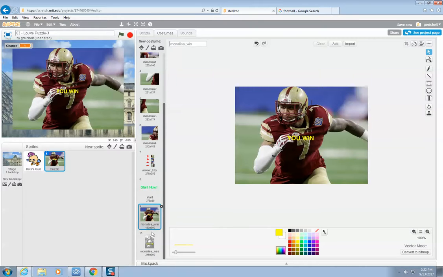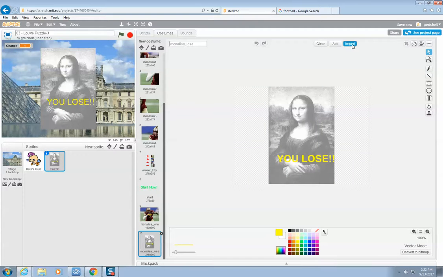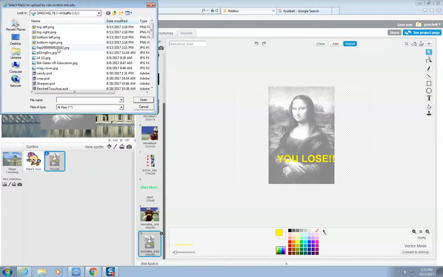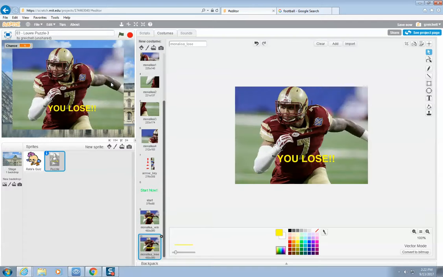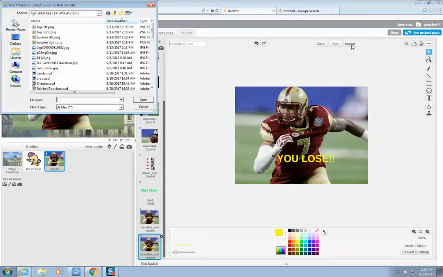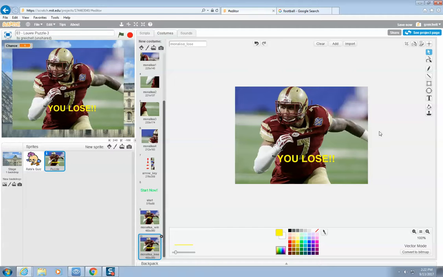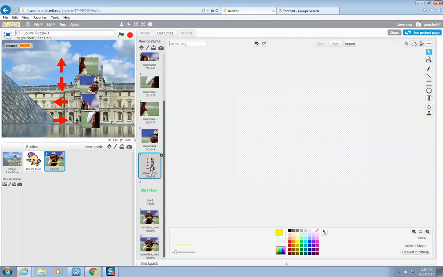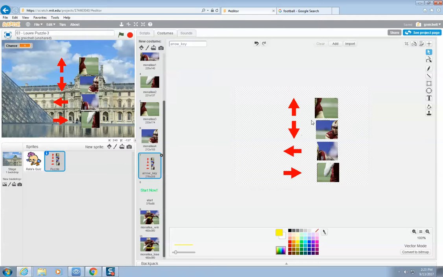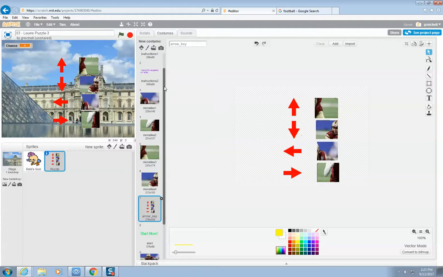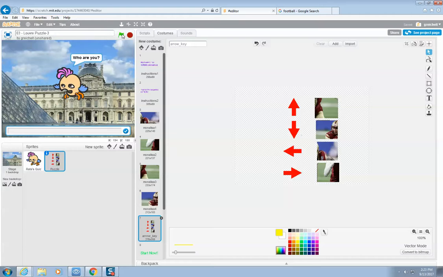So now I got you win, and then let's go to this one, you lose. So again, I'm going to import the entire image in here, and then I'll go to import, cancel, and then we got you lose. So I got you win, you lose, everything looks good. I got this image right here with all my arrow keys, and then so now when I play this